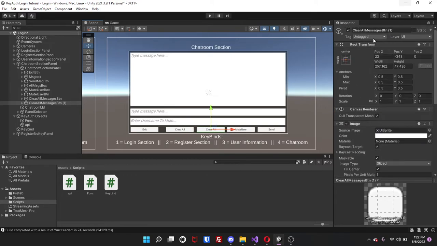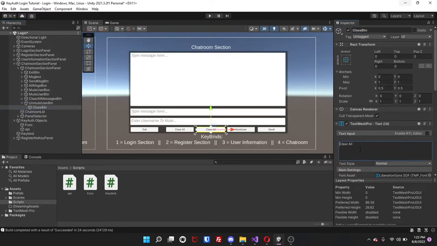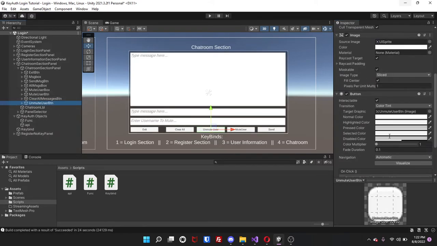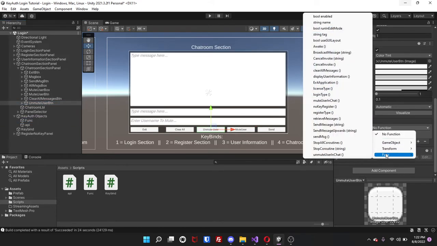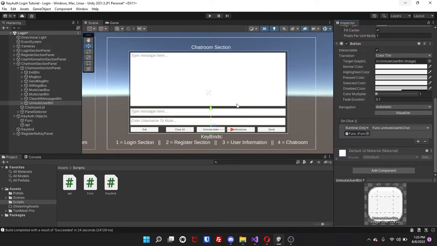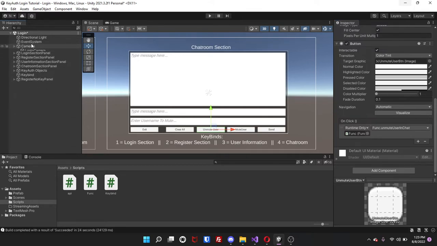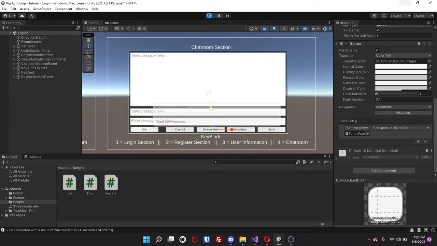Leave it like that. Gonna do unmute user button. And then unmute user. That's fine. So click on the unmute user button, drag in func, and then no function, func, and then unmute user in chat. Pretty simple. So now if we go ahead and we run it,